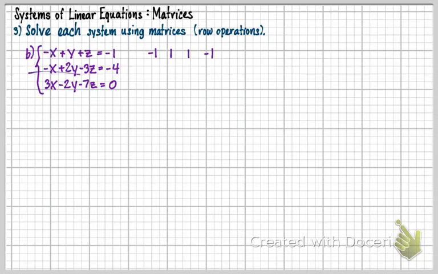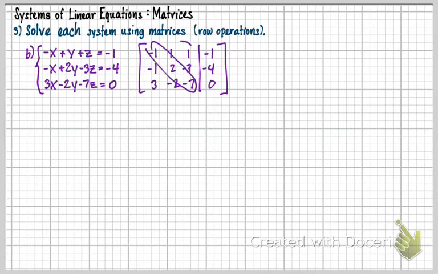And then for the second row, we're going to get negative 1, 2, negative 3, negative 4. And then for the third row, we're going to get 3, negative 2, negative 7, and 0 here. And that's going to be our augmented matrix. Now what we're going to do here is the same thing we did for the first one there, and we're going to try to get 1s on all the diagonals